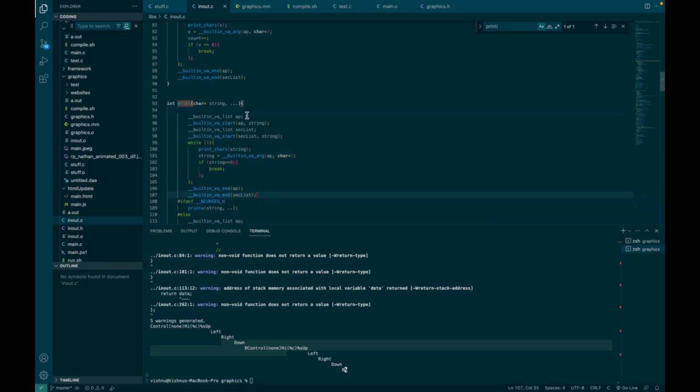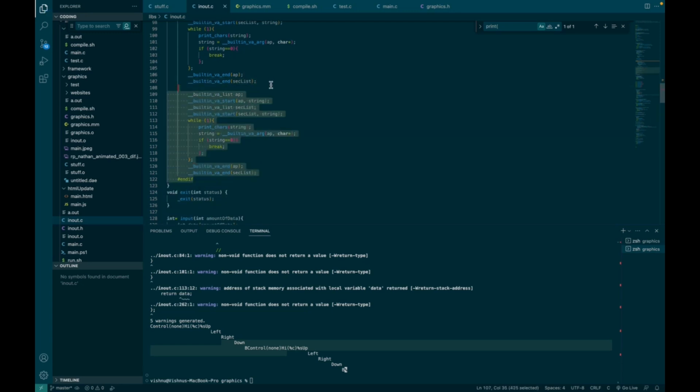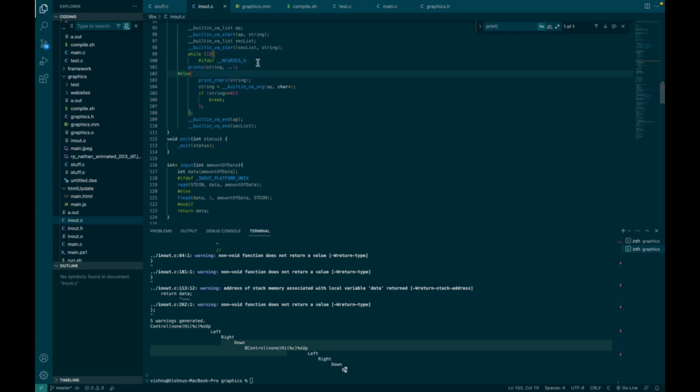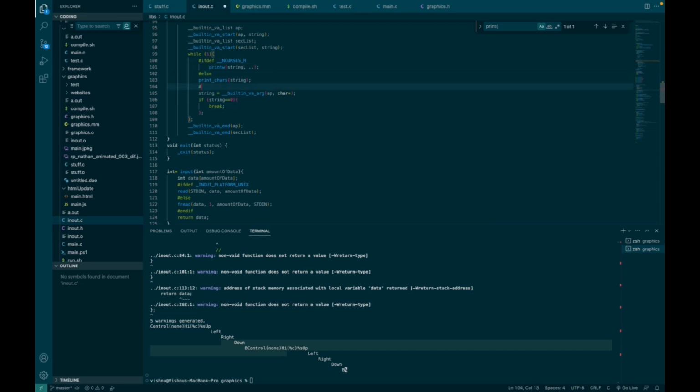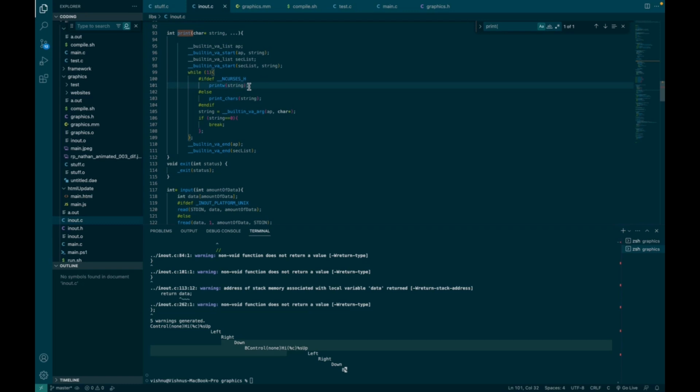Maybe I can make this simpler. Even though Ncurses has its own print W, I don't want to be using it because it doesn't have formatting. Our functions don't have formatting. I created it like that on purpose, so it's better. In this case, we're just gonna do that. I think we'll worry about the print chart. Actually,